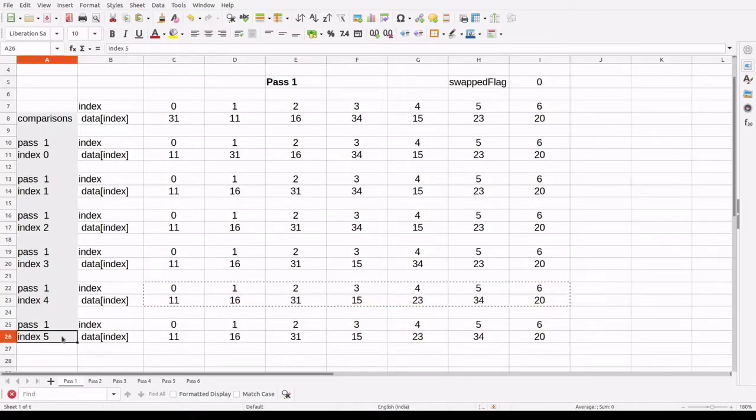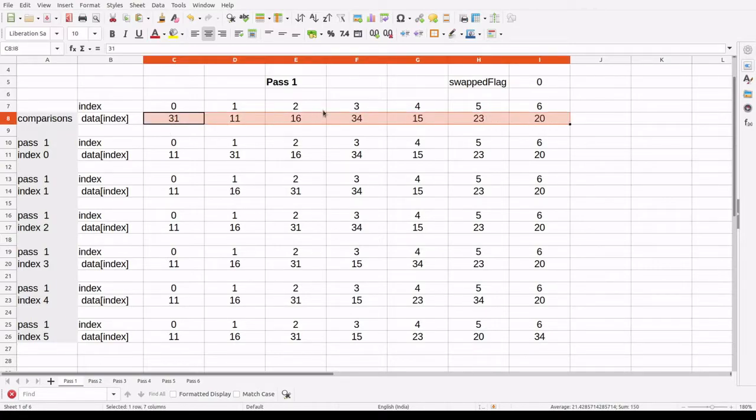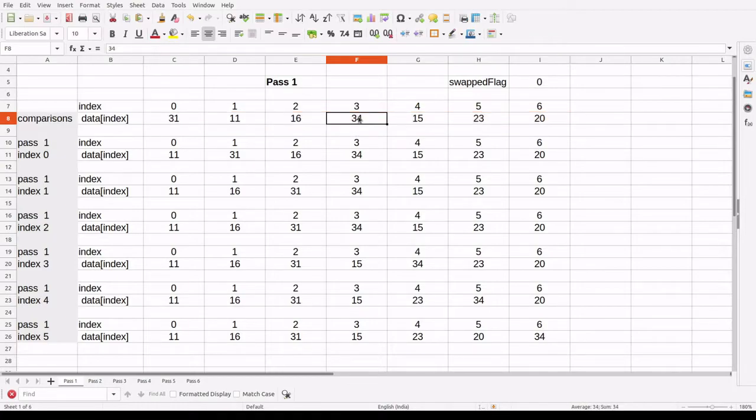In the next step the index is 5, so 34 is greater than 20, so let's swap it here. Okay, so here we have followed a particular pattern, and at the end what has happened: this was our array initially, and the largest number here was 34. At the end of pass 1 we wanted to push this largest number 34 towards the right, and based on all these comparisons and swappings, this number 34 has reached the end. Okay, fine, so we'll move on to the next pass.